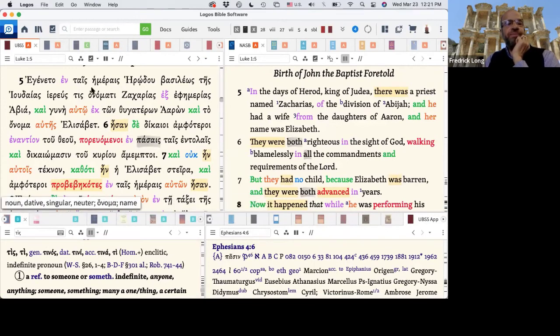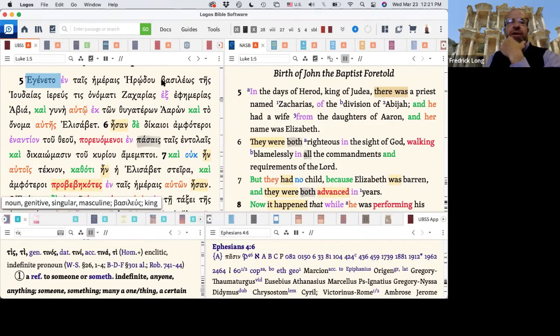I would have seen that, but then when I looked, it was confusing in the entry. Yeah, I see that. So it happened, and this is from ginomai. It's a middle formed verb. We can translate it: it happened, it became, something like that. It came. So it happened in the days of Herod.